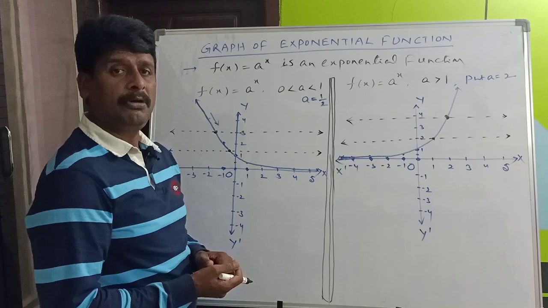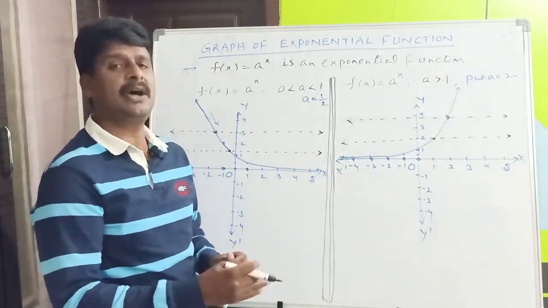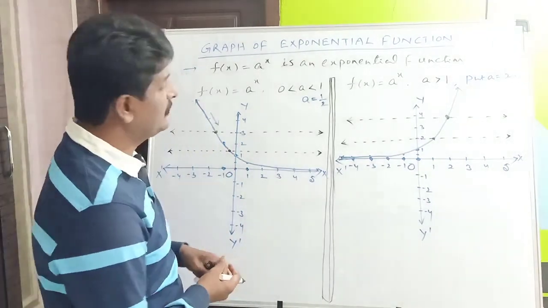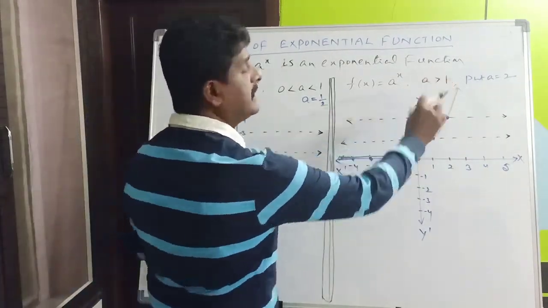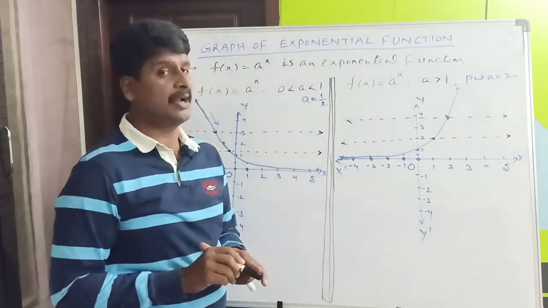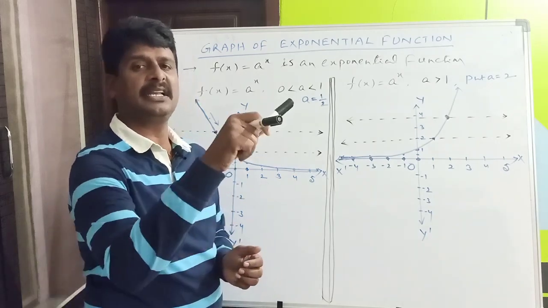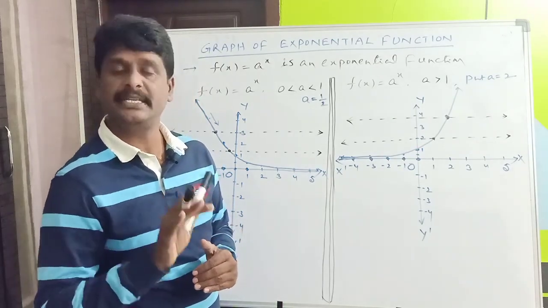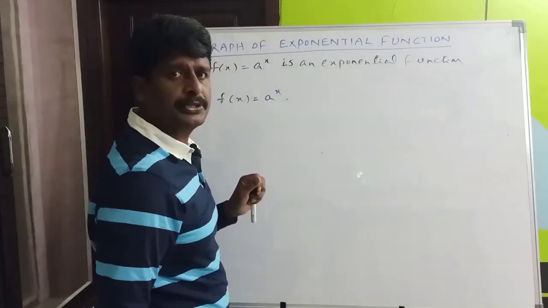Is it periodic? No. To say that a function is periodic, its graph should repeat after a certain interval. So no such situation here, that's why it is not periodic. But in this case, it is a decreasing function. In this case, it is an increasing function. We can also identify one nature through the graph. If the graph of a function is completely increasing or completely decreasing, we can say that it is 1-1. Okay? Now you see, its properties: